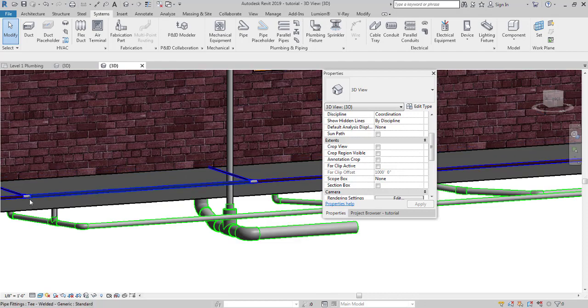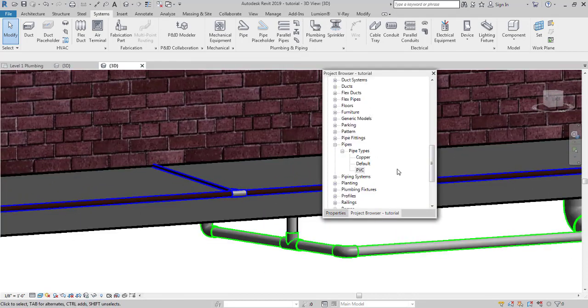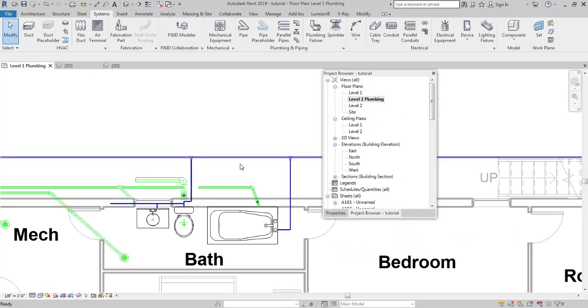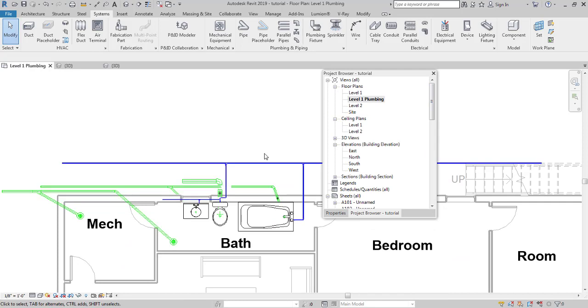And as you can see, the plumbing pipes have been added. And what I would like to repeat is that I didn't follow any plumbing code for this project. This was not a plumbing design tutorial. This is just a tutorial on how to get started with Revit MEP, how to create piping systems and pipe types. Hopefully in this part of the lecture you guys learned a bit or even more about Revit plumbing.